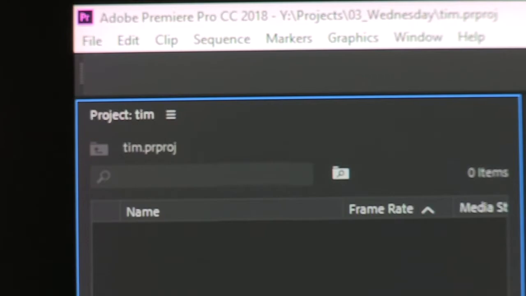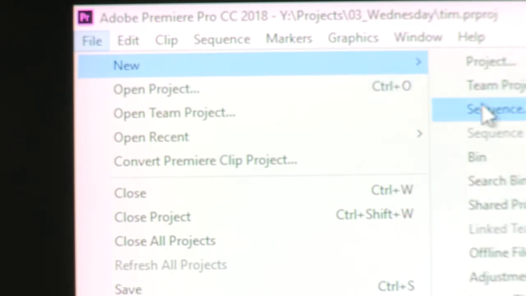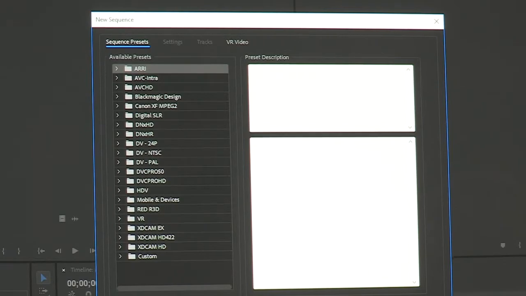Okay, our Adobe's all set up, so let's go ahead and set up our sequence. So we'll go to File, New, Sequence. You can also do Control N. Okay, here's the sequence panel that pops up from Adobe. What we want is